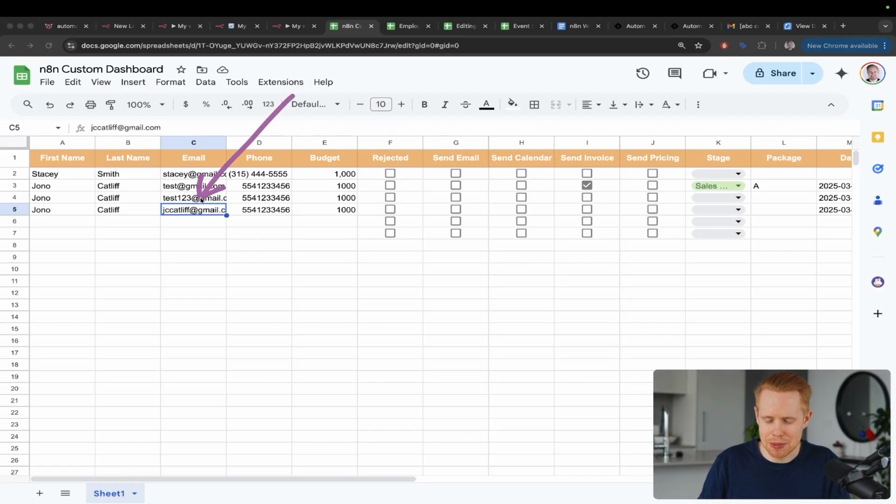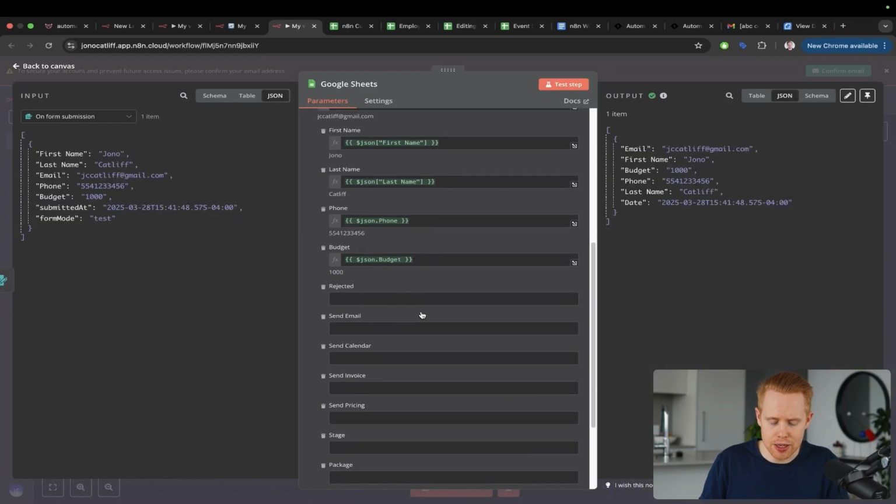Cool. So that's pretty much it. We can see that we have data being entered from a Google Form into our Google Sheet, and we can also add in this rejected column here automatically. So let's say we want to reject somebody, we can come back in here and we could have some